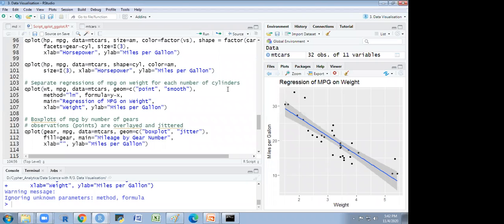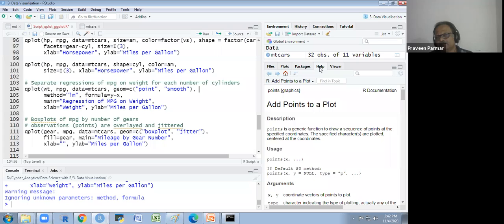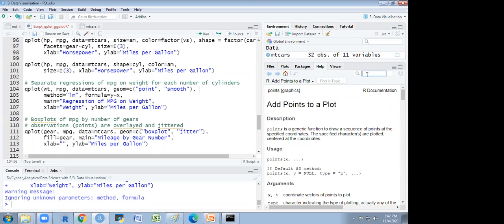Like if you search on help menu ggplot2, where do you want to show? Here you are searching. Yes, help menu, sir. In the help menu, you will get the syntax, whatever is here. Yes, sir. I'm talking about syntax. How will I write the syntax for two-dimensional graph?